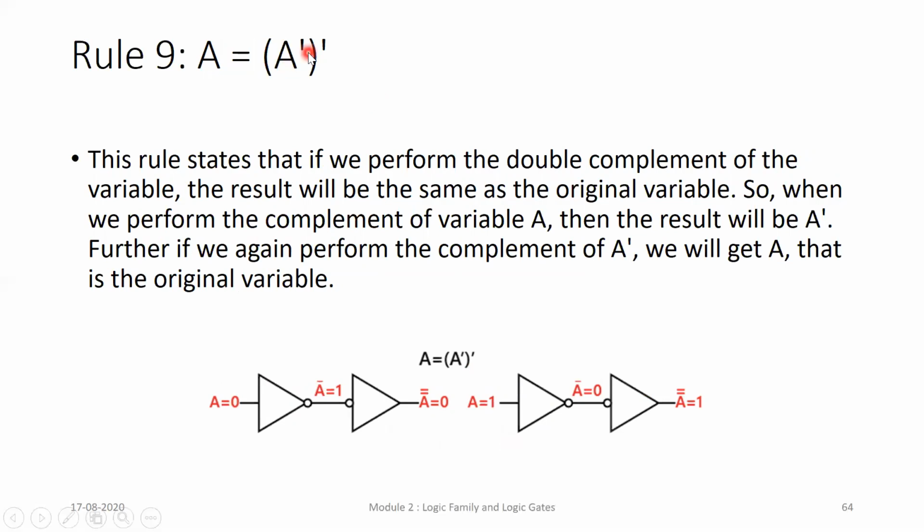A is A complement, or its complement. If I want to prove this, complement function means inverter, so I will use a NOT gate, an inverter gate. The inverted A becomes A dash, and if we invert it again, it becomes A double dash. Okay, so what is the answer?